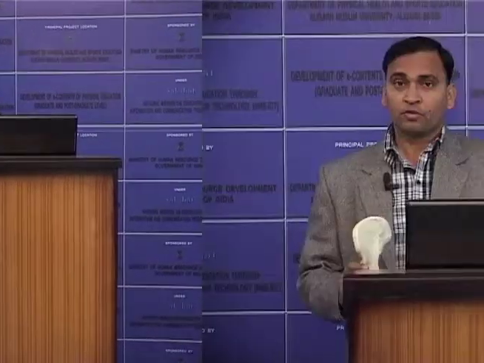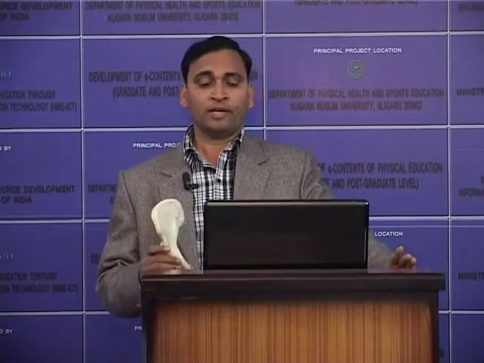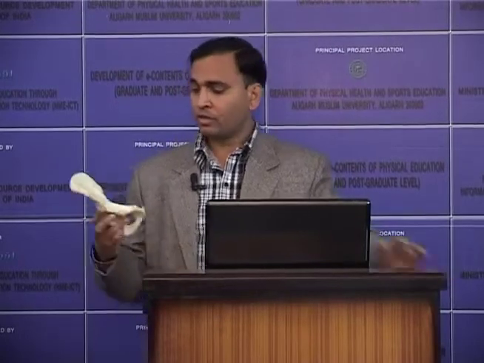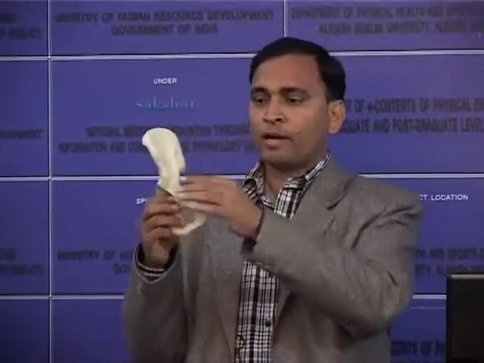This is the main muscle of the anterior thigh. This muscle is known as the quadriceps muscle, and it is made up of 4 groups of muscle. The first muscle of quadriceps is rectus femoris, and it originates from the anterior inferior iliac spine. You can see here, this is the ilium bone, this is the pelvis bone, consisting of